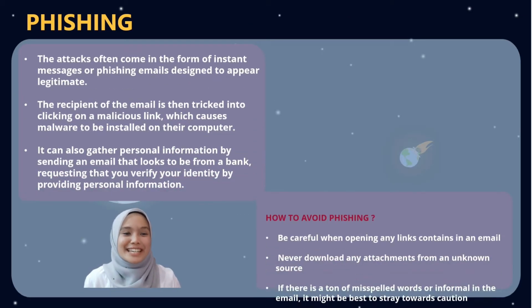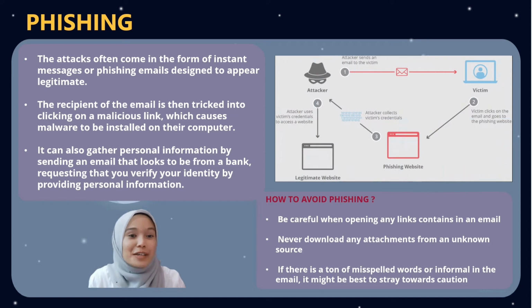So, we go to phishing. Phishing is the most common crime that attacks the user. Phishing is designed to steal sensitive data such as passwords, usernames, credit card numbers, and other personal information. These attacks impersonate reputable websites, banking institutions, and personal contacts that come in the form of instant messages or phishing emails. It's designed to appear legitimate. Once you hit reply or click the embedded URL in the message, you will be prompted to use your credentials or enter your financial details, which then sends your information to the malicious source.